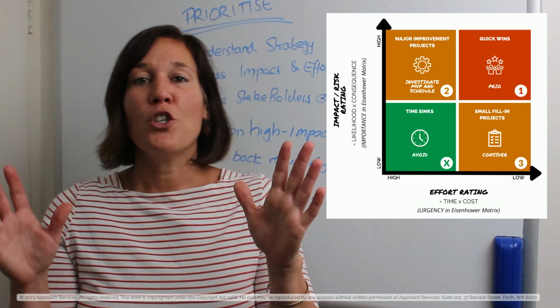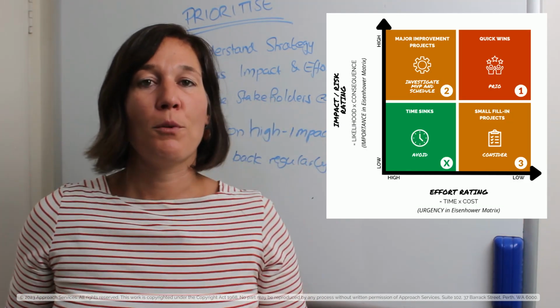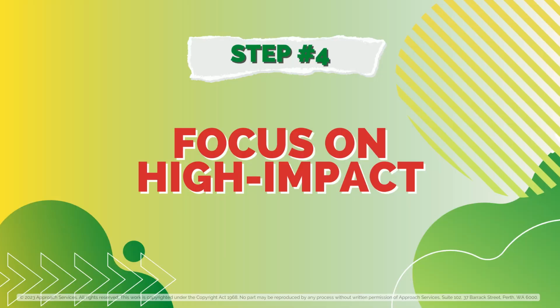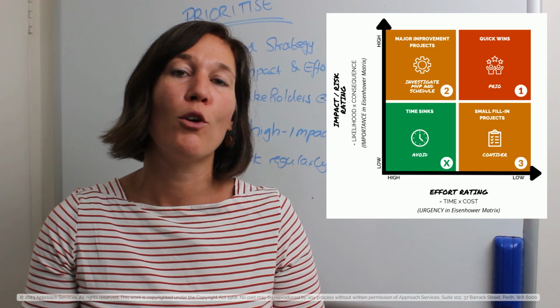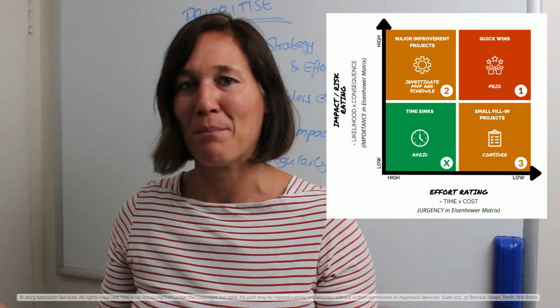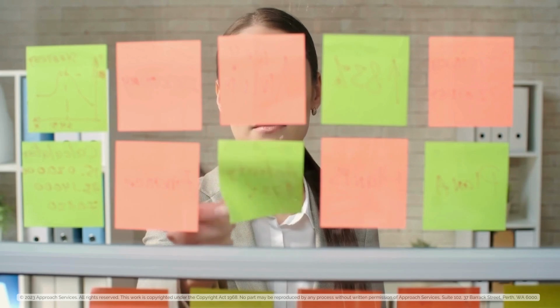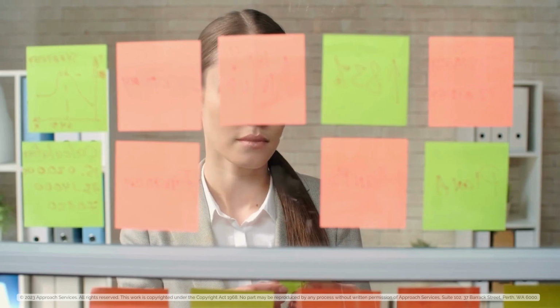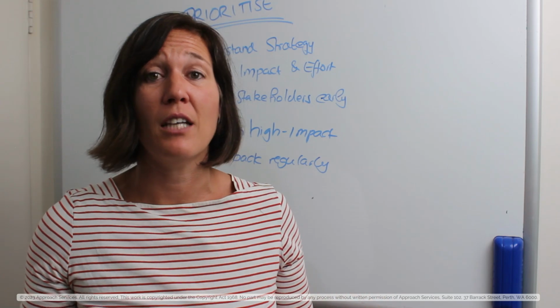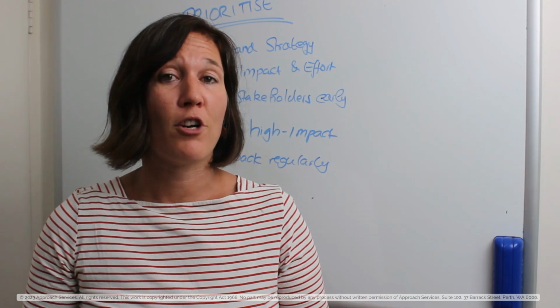Then, once you know exactly where each of the projects falls within your impact matrix, you want to make sure that you focus on the quick wins first. Those are the high impact projects with a low effort rating, and they're usually in the top right corner of your impact matrix as well. Once you've done them, if you've done them before your set target date and under the budget that you have available, you can pull forward other projects as well.